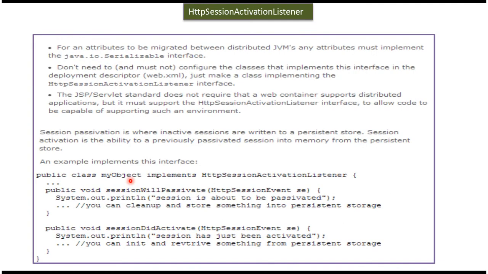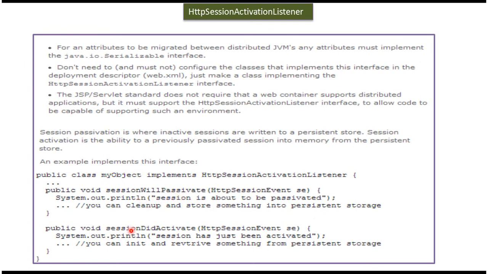Here you can see the sample implementation. The class MyObject implements HTTP session activation listener, and this class provides implementation of the session will passivate method and the session did activate method. When the session is about to be passivated, the session will passivate method will be called, and you can write cleanup code and store something into the persistent storage in the session will passivate method.